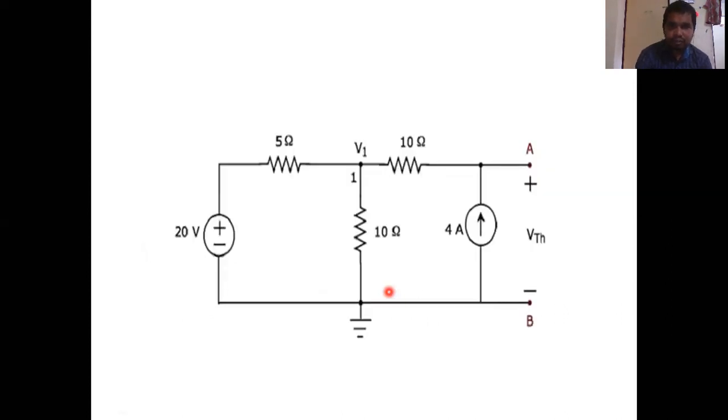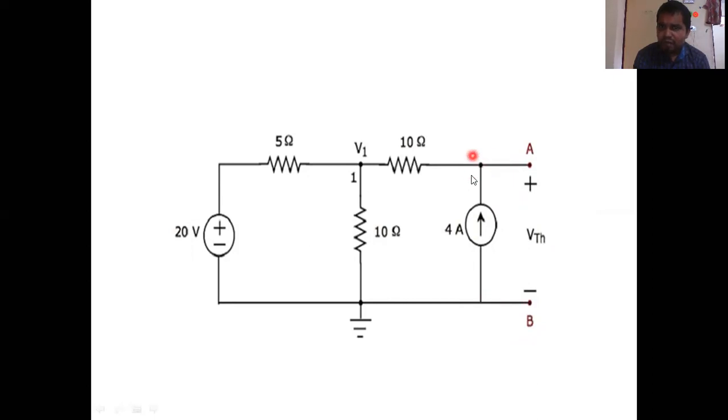See, you have one node here, and here the circuit is open. So you need not make any node here, because whether you open this terminal or this terminal, both are the same. That's what we say: the voltage across AB is nothing but the voltage across this 4 ampere current source. The voltage between A and B is the same. This point A can be here, B can be here.